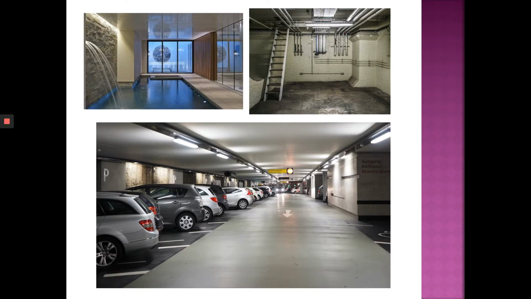So these are typical. This one is very typical, a car park. If you go to shopping complexes, we normally have underground car parks like this. IKEA, Aeon, big Aeons, we have basement car parks, Mid Valley. And this one here at the top left is a pool. You can also have a sauna room, a gym, whatever you can think of, as long as it's functional. You can just use the space.